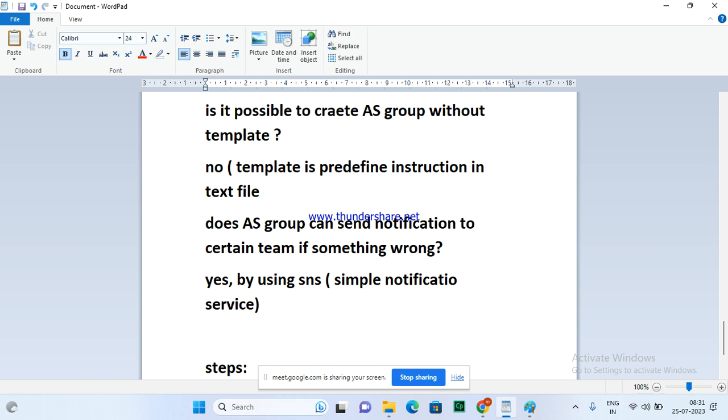I'm storing instruction in a text file for auto scaling. If auto scaling wants to launch anything, it needs some instruction: which instance type, which storage, which network it needs to take. So I'm going to store everything in the template.